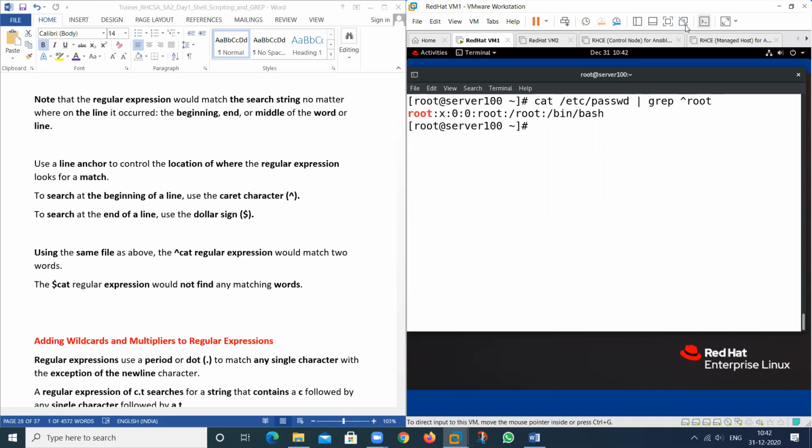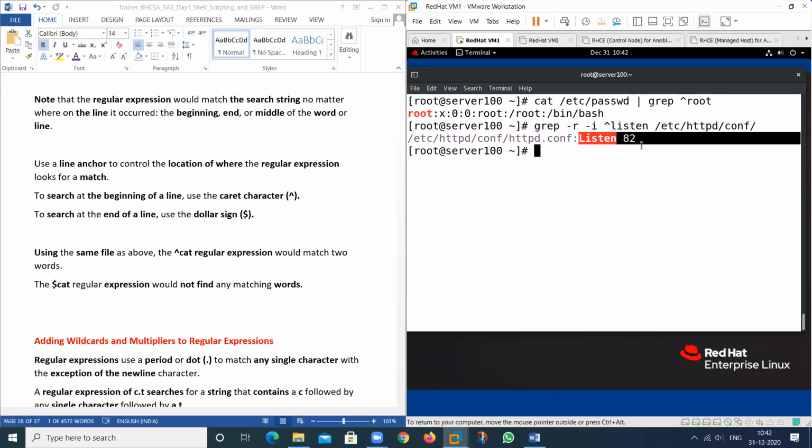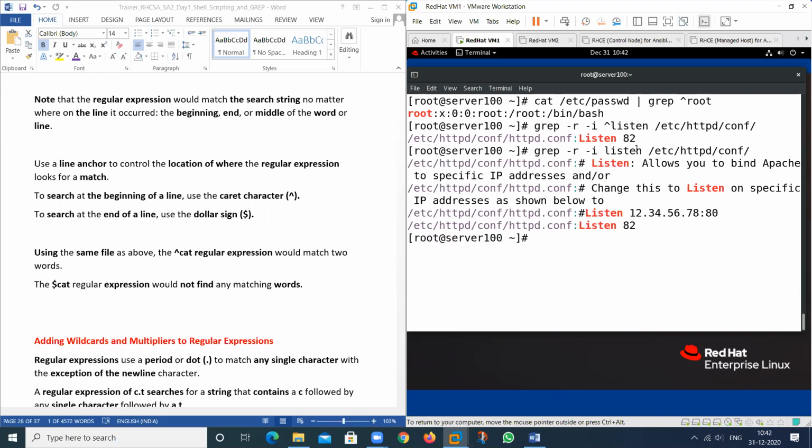So if you want to search a line that contain on the starting, see here, I print a value. If I type here listen, this one, so this particular line only will be printed. See, if I remove this particular, then see the result. I know this is on the starting.